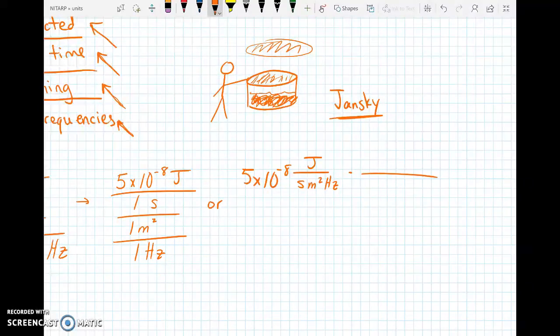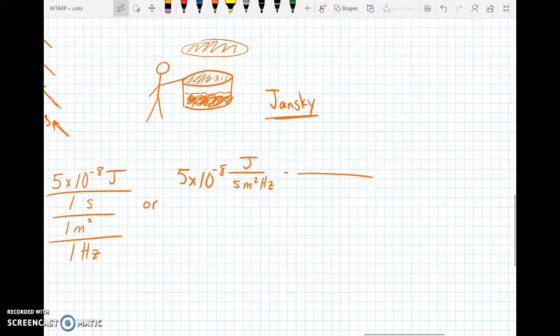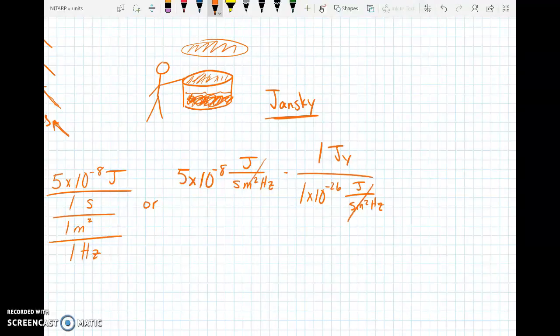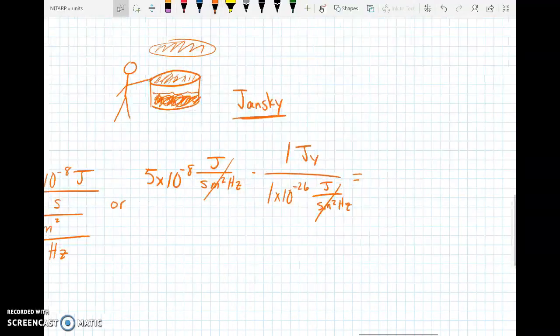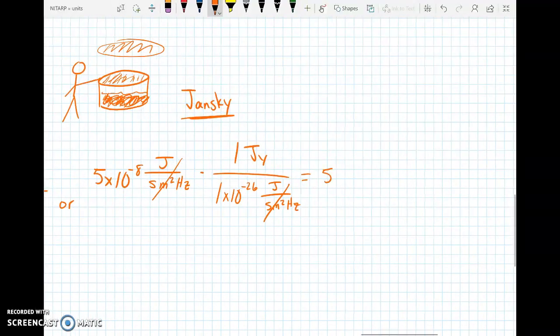So if I want to convert my answer into Janskys, it's 1 times 10 to the minus 26 joules per second meter squared hertz for every 1 Jansky, and multiplying this through, my units will cancel out, and so I will get 5